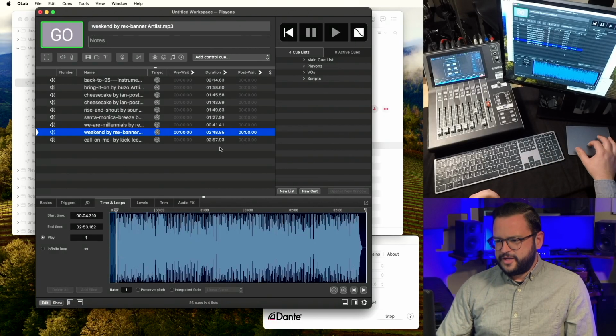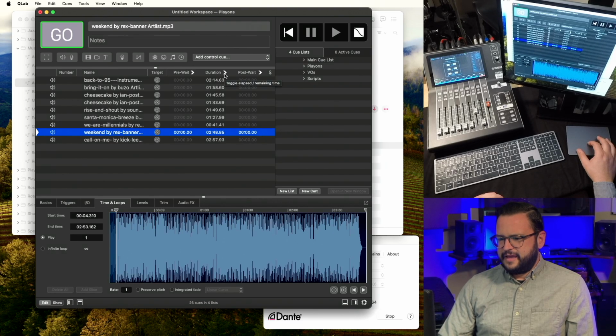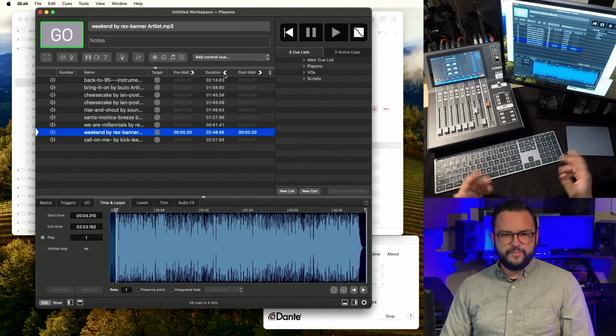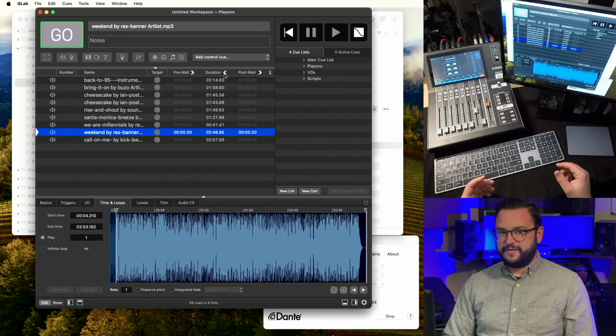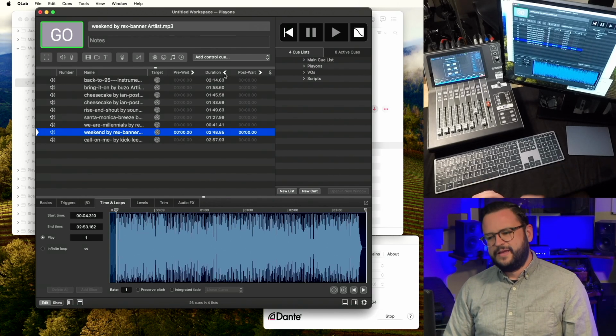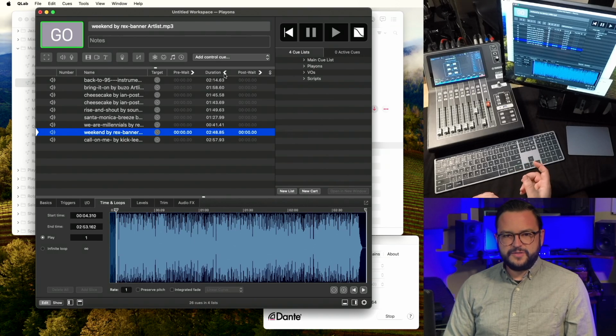Now, looking at the duration column here, we can see how long the edited versions of all of these are. And by the way, if we click this button, it will change from elapsed to remaining. And remaining is usually what we want to see, how much time is left on this track before it runs out. And speaking of running out, it's not a bad idea to create simple loops of all of the music